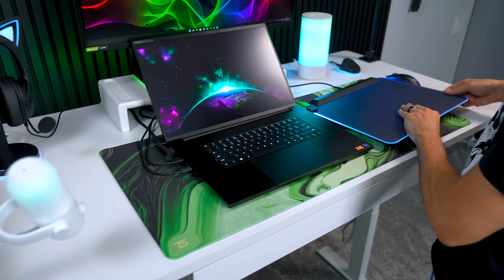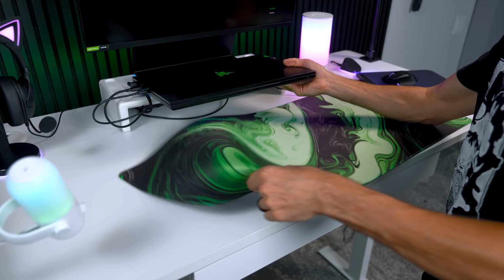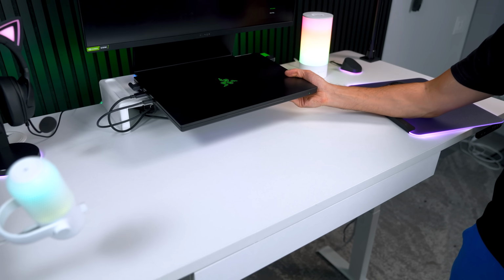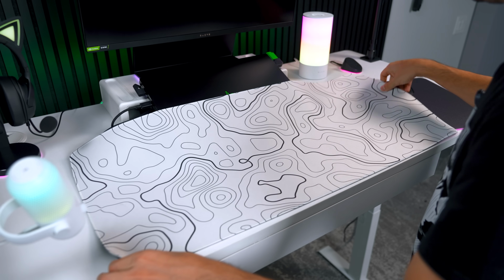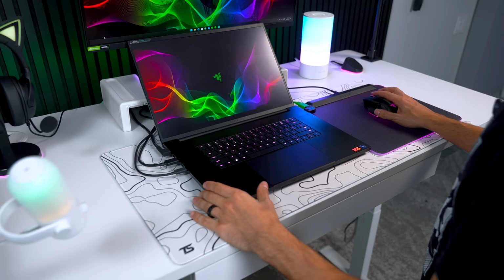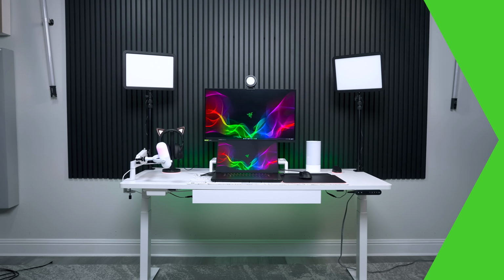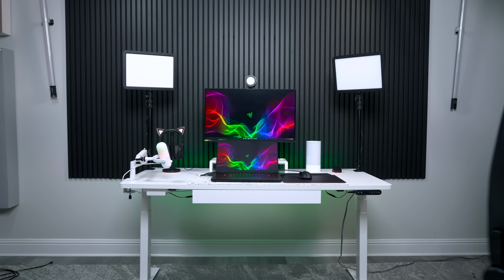I feel like there's a bit too much green in here. So let's go ahead and swap this out real quick. Let's go with the Topo V2. Way better. And of course, no setup is complete without